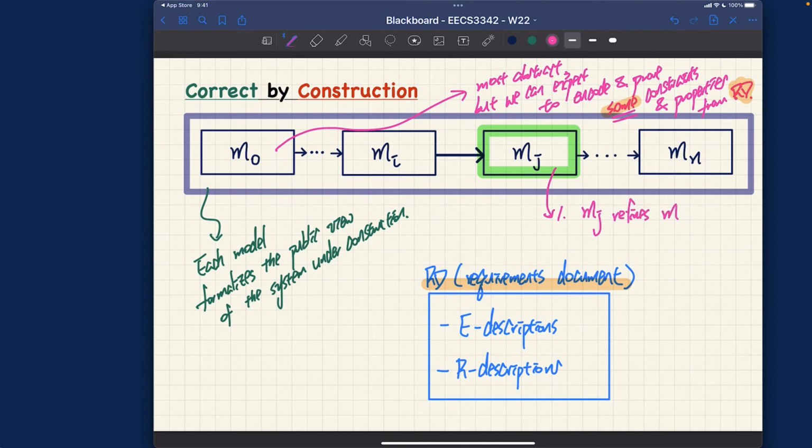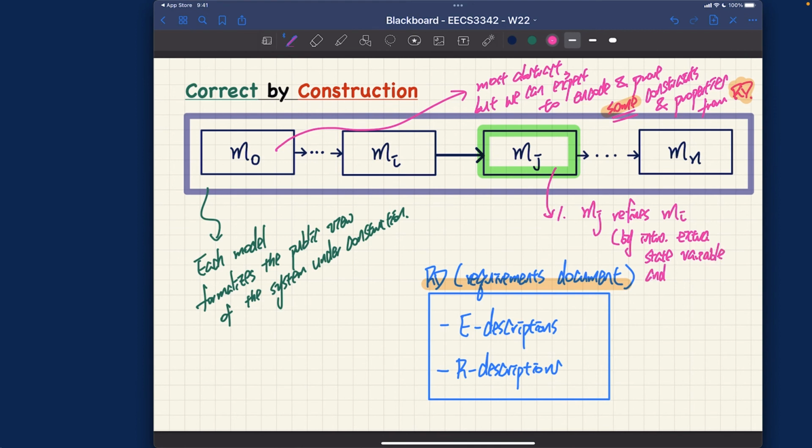Or you can say MI is refined by MJ, right? And typically, when you say refinements, that means you actually introduce some extra artifacts, either extra state variables. I'll talk about what a state is in the next slides. State variables, you're just adding more variables in the refinement machine,